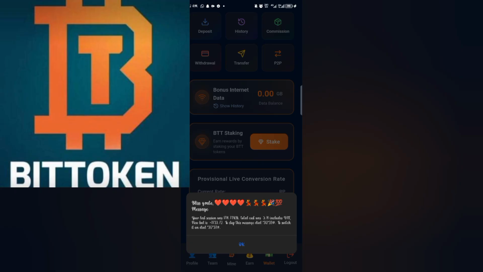Number three, you earn staking bonuses. And number four, you earn compounded earnings. So don't you think it's very important you go ahead and stake, so that you have a lot of earnings to claim from this platform? So I encourage you to stake your BTT.